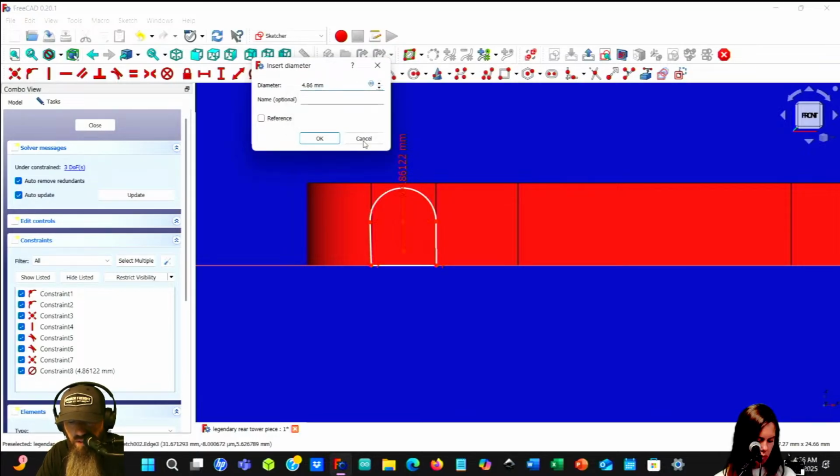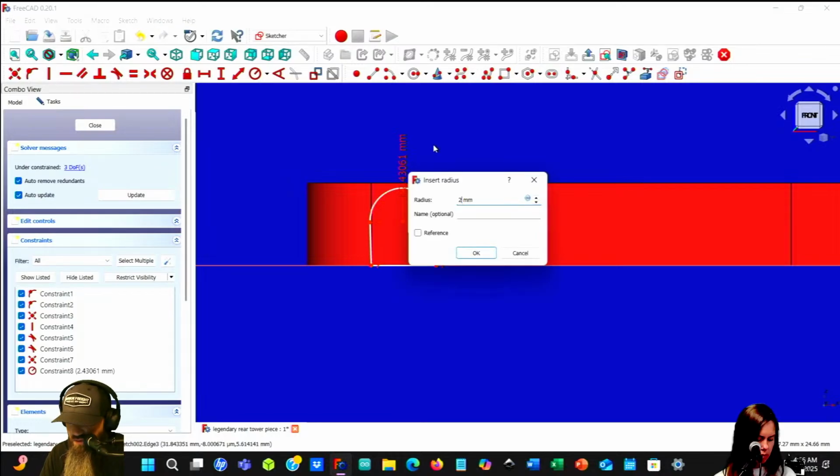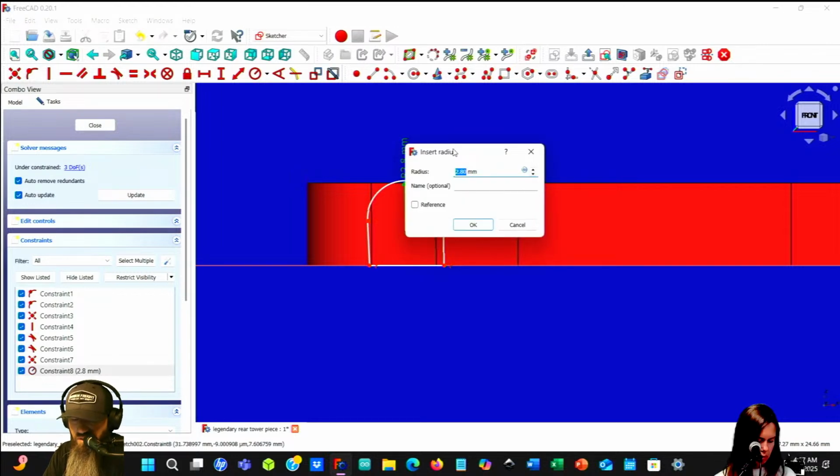Let's not do diameter. How do I change it to radius? Constrain radius. So 2.8. What does that do to our thing? I probably can't make that smaller, can I? Okay, so it must not be 2.8 then.